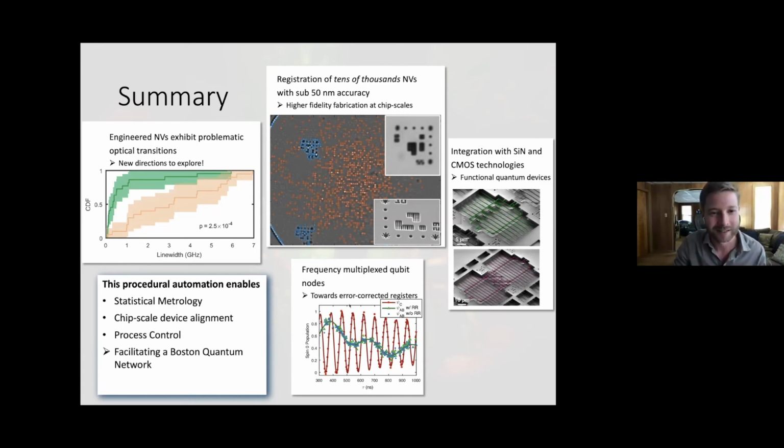The ones that I didn't sneak in there are more of this trying to combine multiple color centers into one node. And so the idea here is that if we make the node itself a little bit more complicated, we can start to implement even error correction on top of a single node, such that we can make that node much more likely of retaining our quantum information for longer.